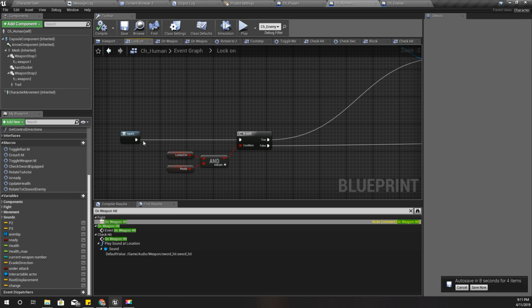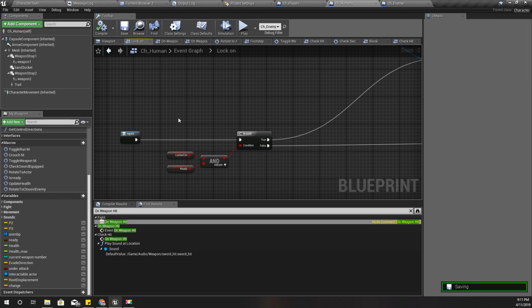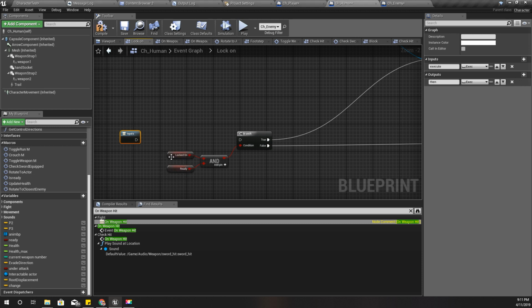So I'm going to disable that, because if I leave this enabled, the enemy will always be facing me and always getting hit from the front, and the getting hit from front animation will be played. So I wouldn't be able to test other sides. So therefore I will break this